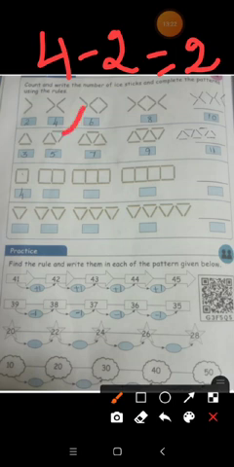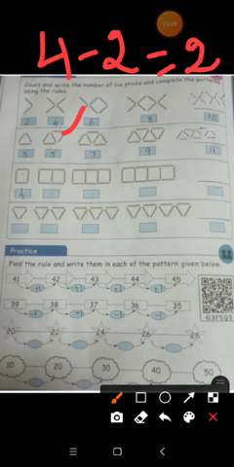But in the second place, they are given totally 4 ice sticks. So now add 2 with 2. What will happen? We get 4. So here the rule they are following is plus 2. We want to add plus 2 with every last number.